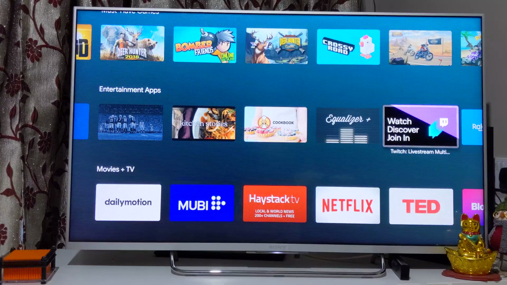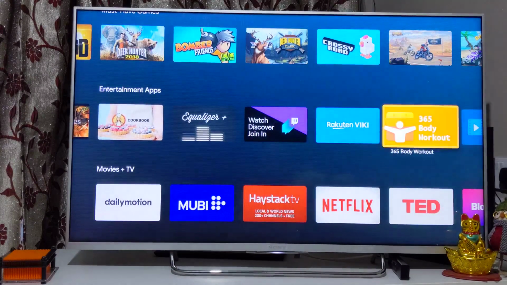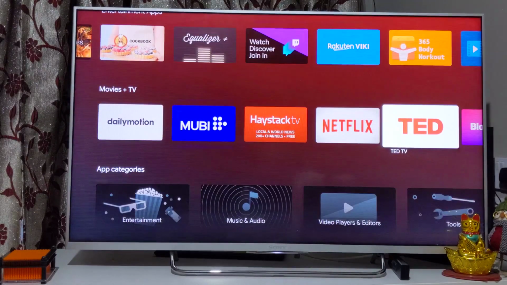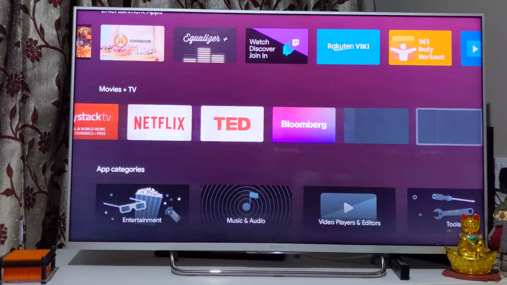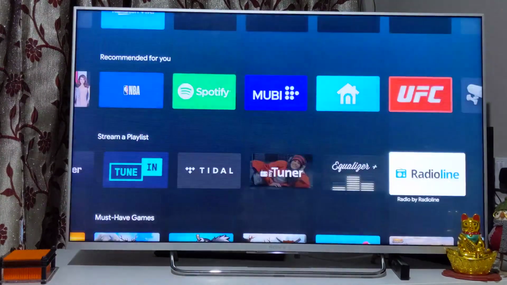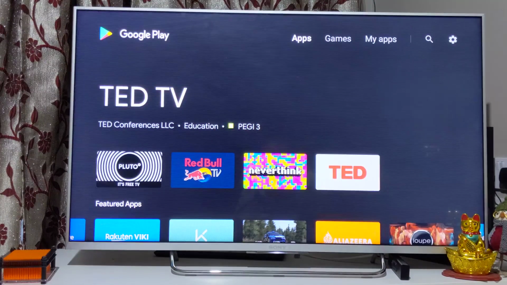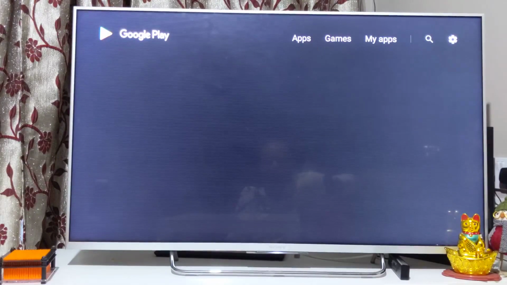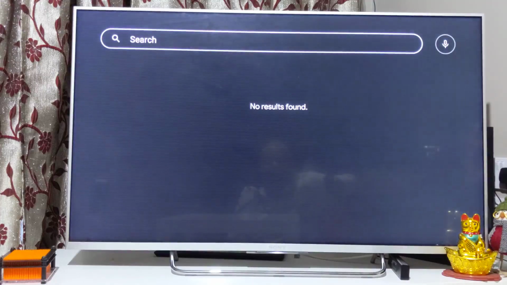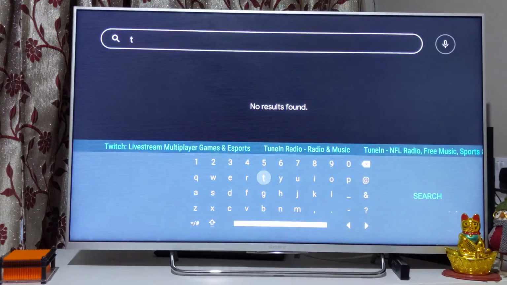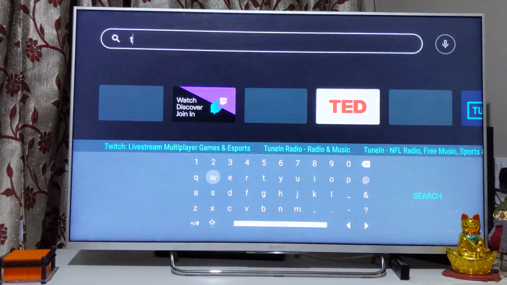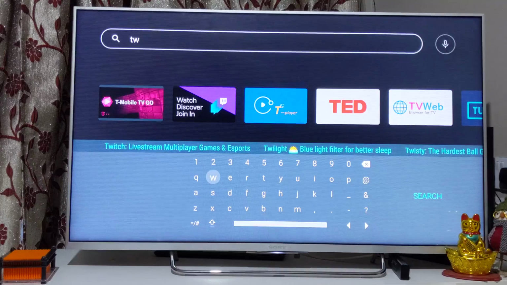Then in terms of giving, we'll come to that, but again there's a categorization you can see on your screen. These are the apps. If not available, you can easily search it. There's a search button at the top, and if you have Google Assistant, you can just speak and then it would search on that. I haven't enabled Google Assistant because it wasn't working that great for me, but if you want to, let's say, search for